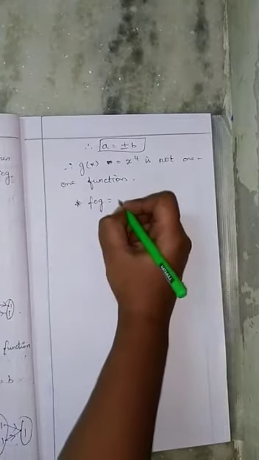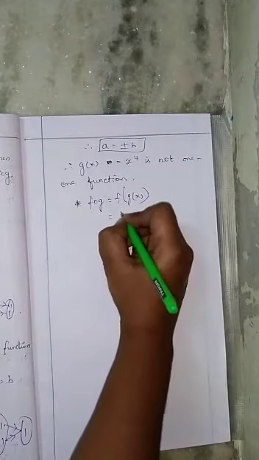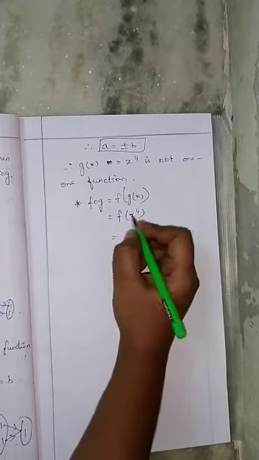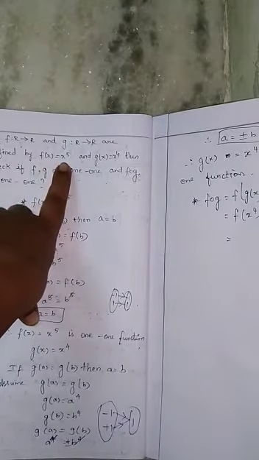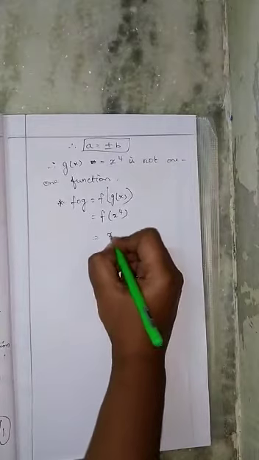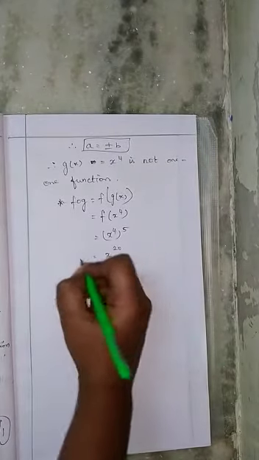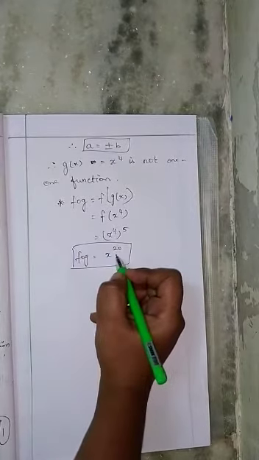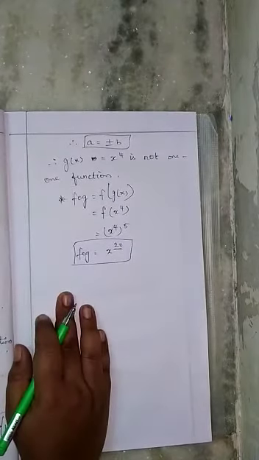Okay, and then next one, now we are going to check f of g. You know very well, the first function f is outside, the second function g is inside. What is the g of x value? x power 4. Now you just substitute in f of x, here also x, here also x. Now you just substitute instead of this x the x power 4, the whole to the power 5. So we will get x power 20. So is this an odd function or even function?